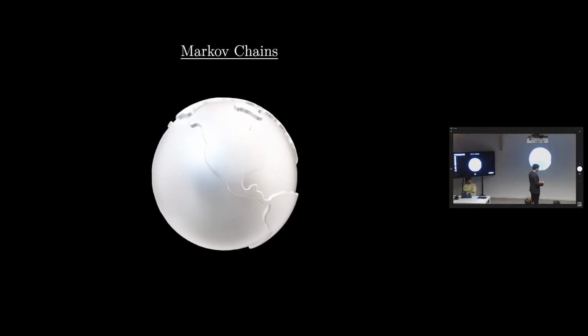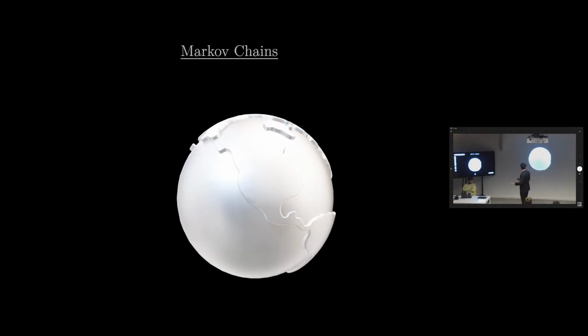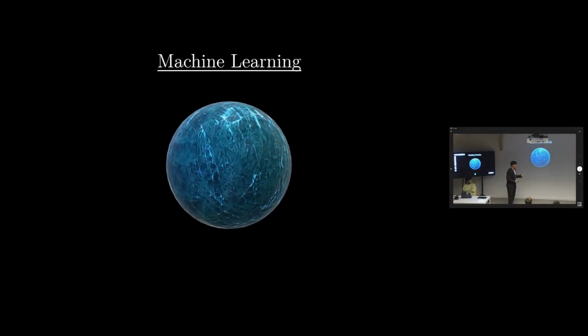The problem with this planet is that it still needs us. I had to give him the vision network. I had to give him the sensor model. I had to give him the transition model. The AI needs me to give him all the probabilities. So our next goal is to try to make our model find the probabilities himself. We want to make our model independent, basically, which is going to make us explore the next planet, the machine learning planet.